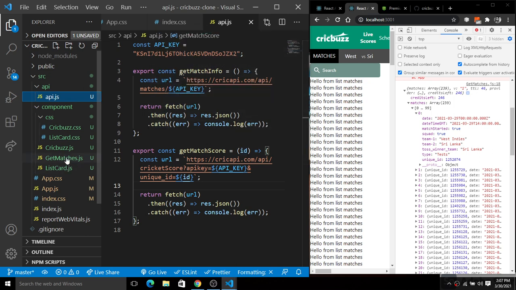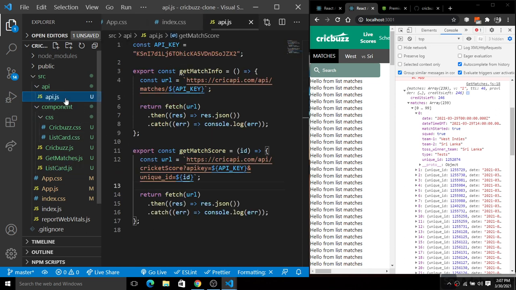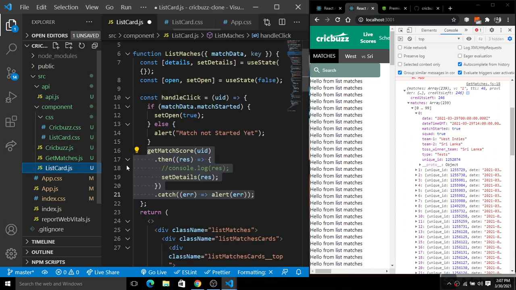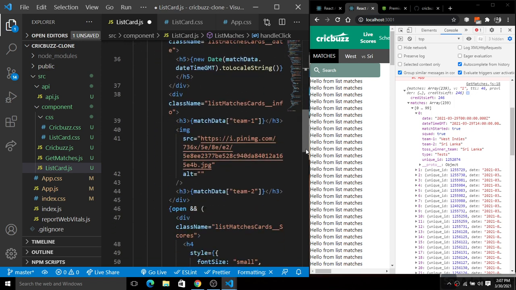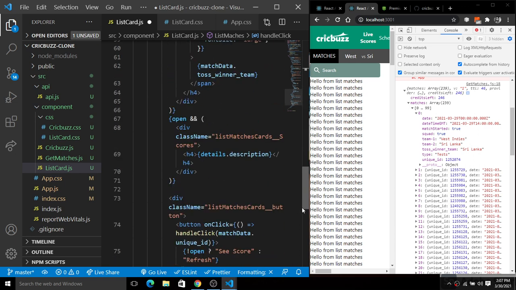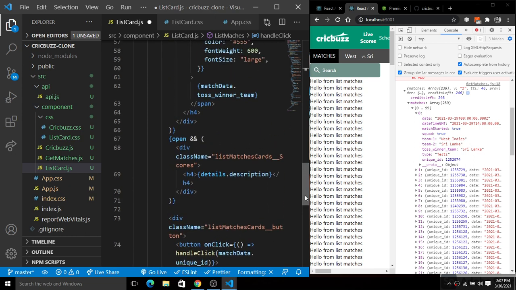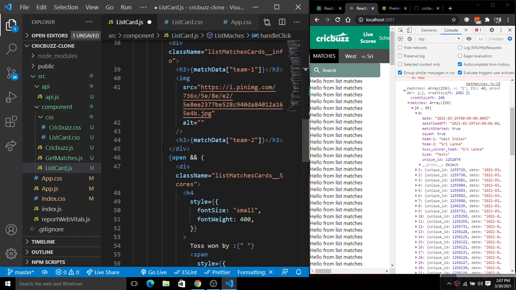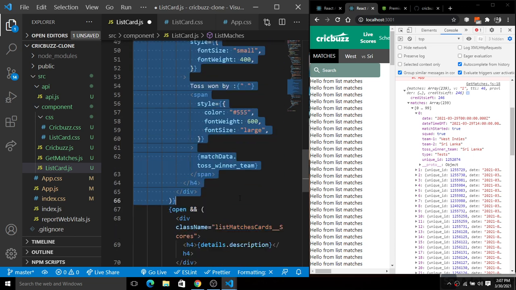Inside of this list card, we have this get match score and we are passing the ID there, right? And we will have the information rendering on the screen when we click on the C score. So when we click on the C score, this code snippet will run there, right?